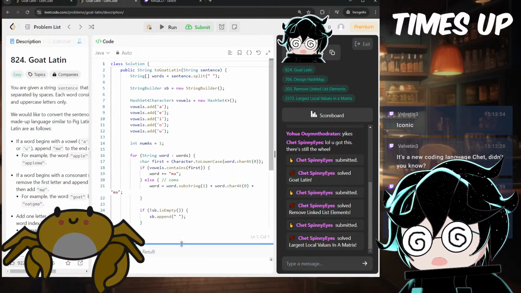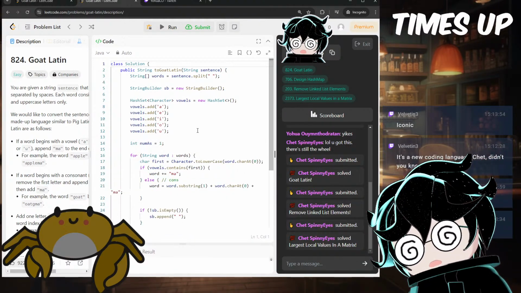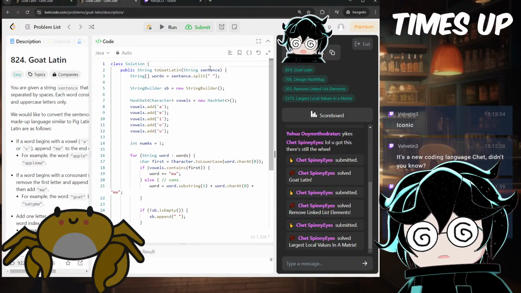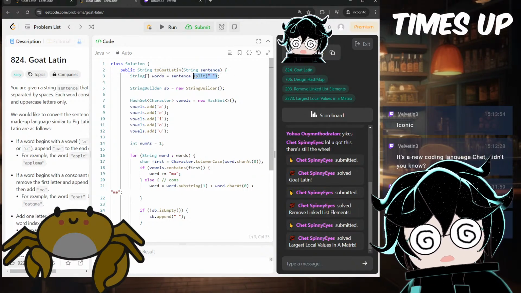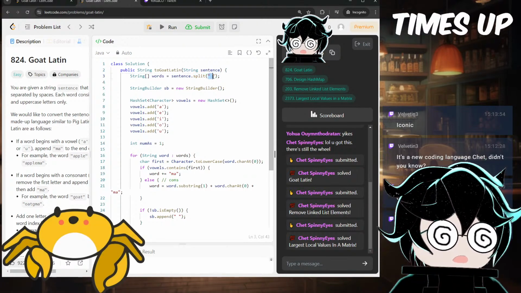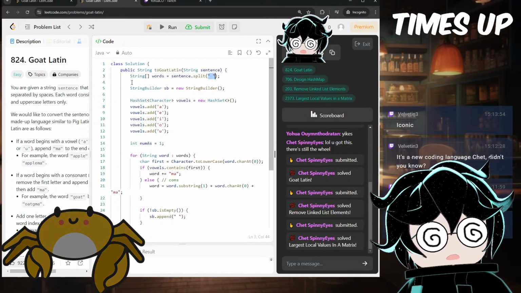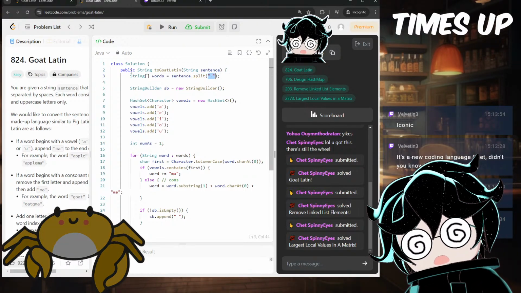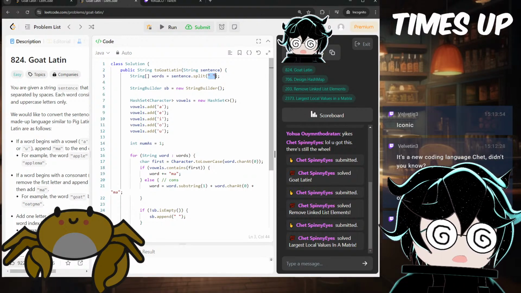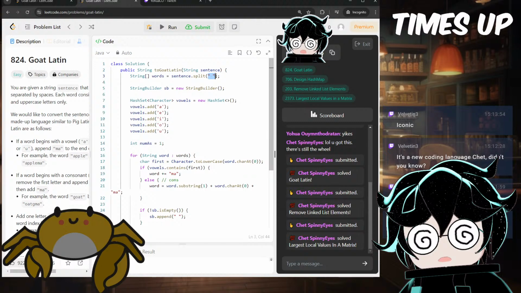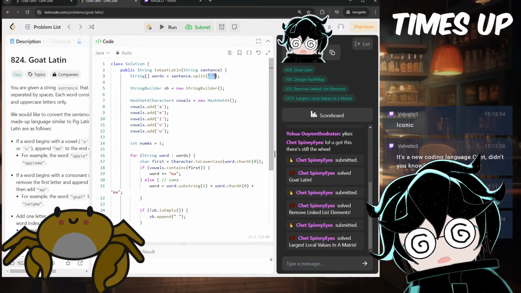Let's see. So Java has a thing where you're given a sentence, right? You can tell it to split by a specific string, in this case, a space. So it returns a list filled with the words split by the space. So you can get every single word really conveniently.